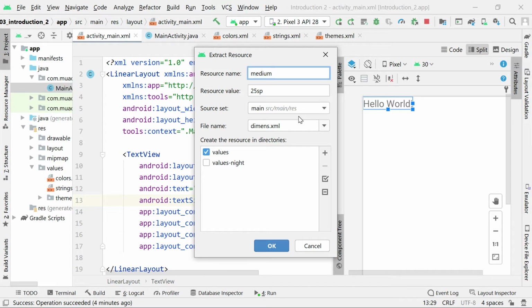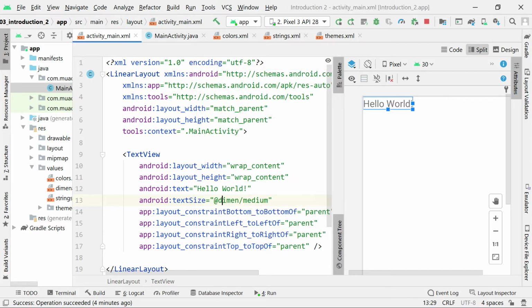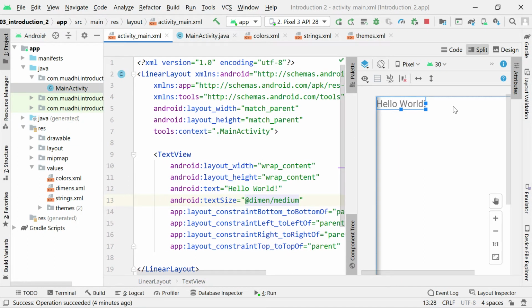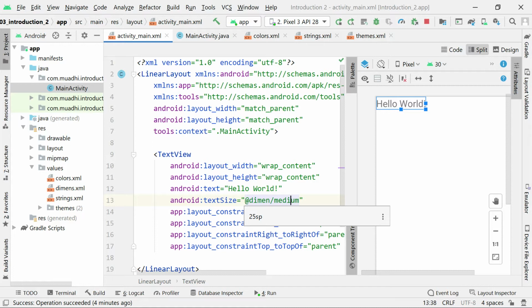Okay. So if I say medium, what will happen? And let's say okay. You see, this one is now at dimen medium. So the at means that we are referencing somewhere. If you go back to at dimen medium, it means that this text size has been fixed somewhere and we can reuse it again and again. So one day if we wake up and want to change our medium size, we can just go and change only one part in our file, and then every part which is having this dimension will be updated